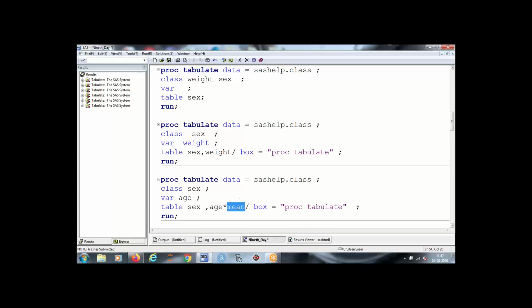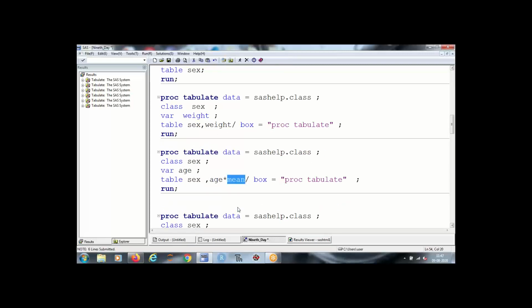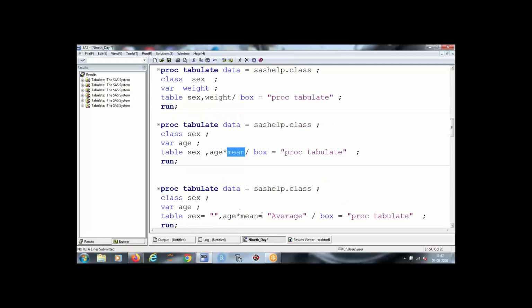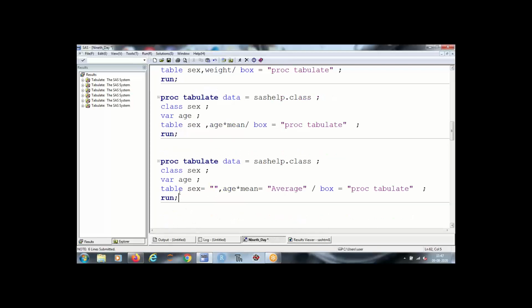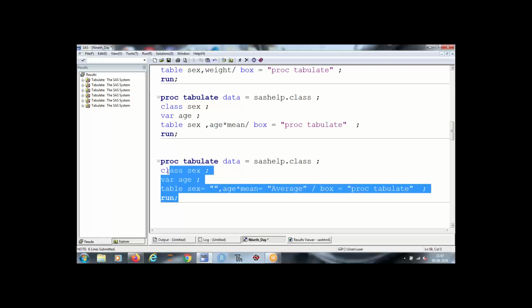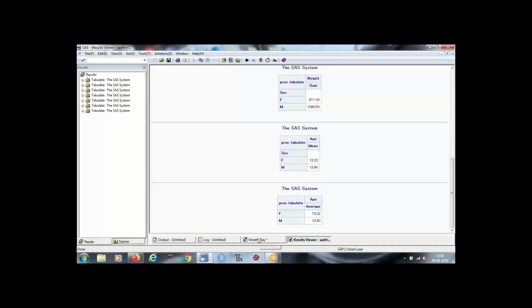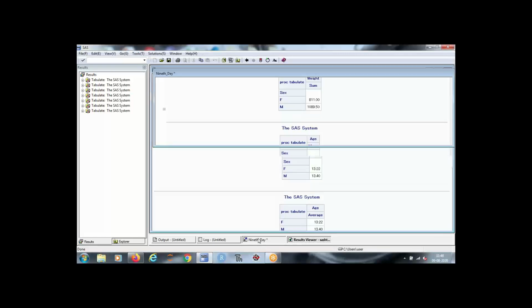Now, if you want to change its name, you can do it by using an assignment operator and giving it a name. And by assigning a missing value, you will be canceling that particular heading, like this. So this has been removed and mean has changed to average. Practice this, okay?